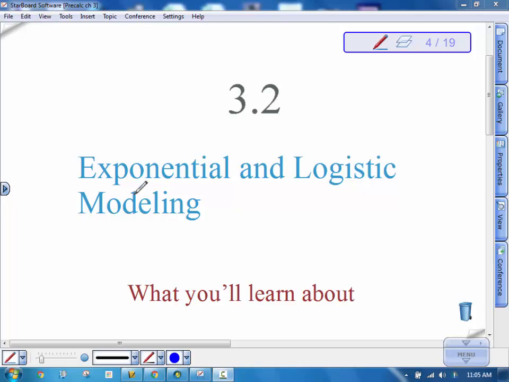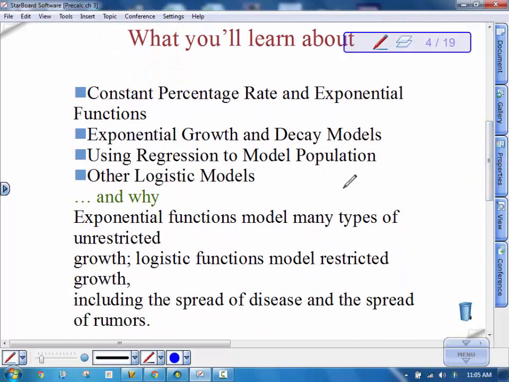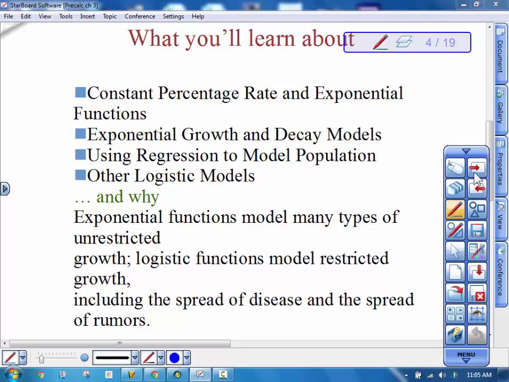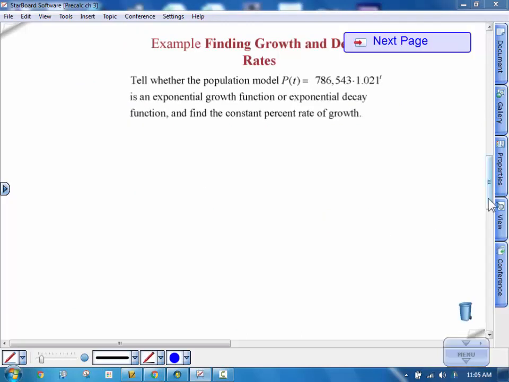Okay, this is 3.2, exponential and logistic modeling. So we're going to do some application today, basically. So we do the same stuff we did yesterday, only with some real-world type problems, hopefully. Okay, so